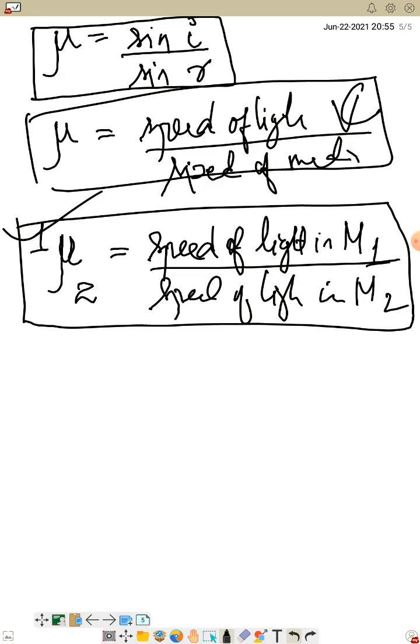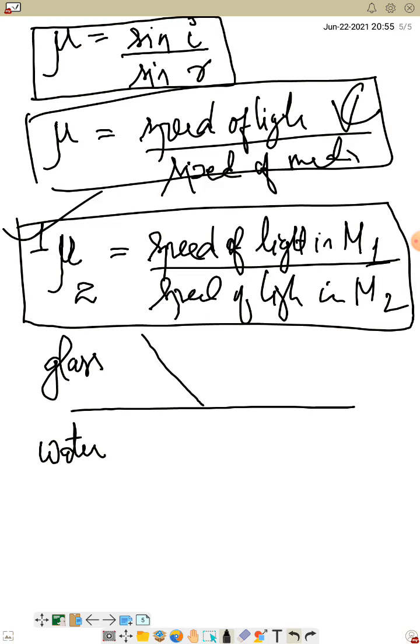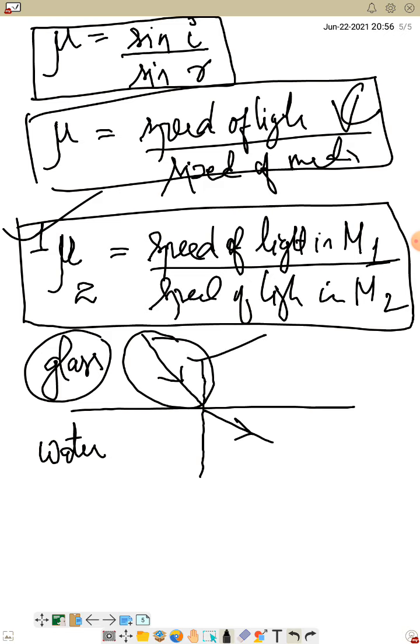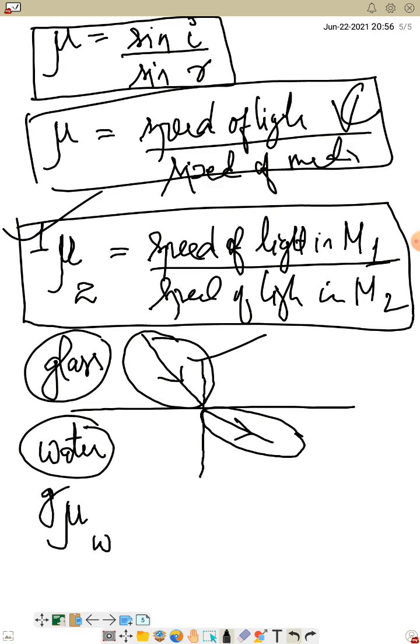Because sometimes you may have a situation like this. This is your glass and this is your water. Light is passing through glass towards water. Are you getting my point? So now you cannot use the speed of light in vacuum here. This is the first medium, that is glass. So you must know the speed of light in glass here, and here it is passing, the refracted ray is in the water. So here my refractive index of water with respect to glass, this is how I will write,